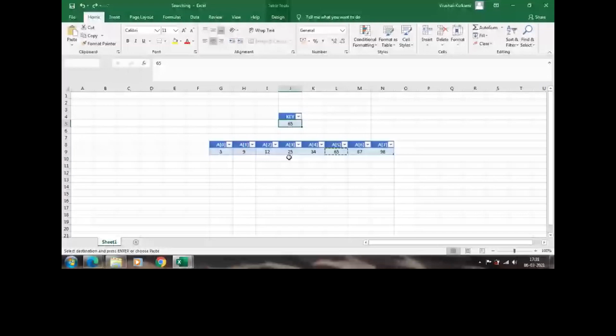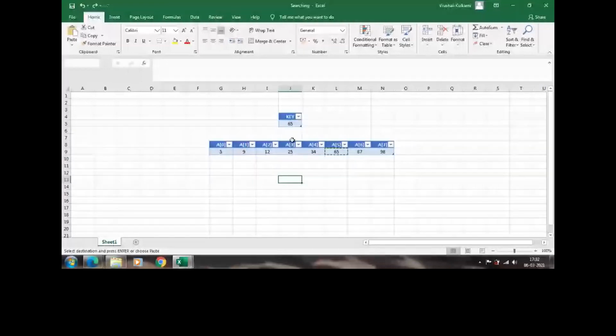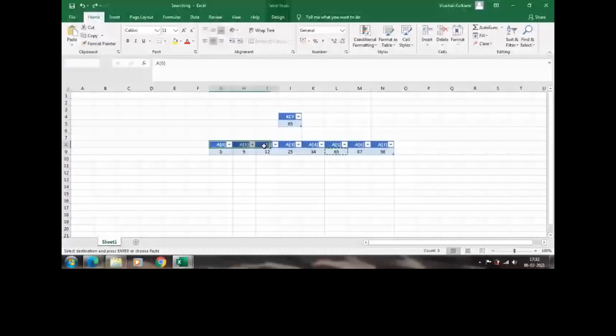Now it will compare the key element with the middle position of the array. It is found that 25 is less than 65 and 25 is not equal to 65. So the algorithm will discard this sublist, because as the array is already sorted, it is not possible that 65 will lie anywhere here, since 25 is less than 65.